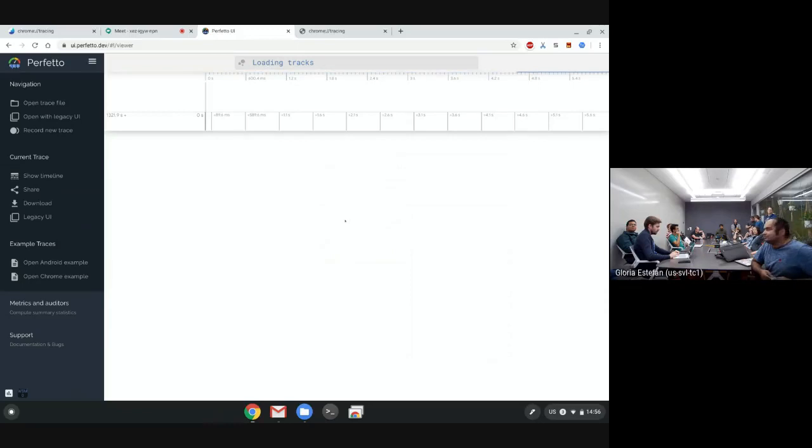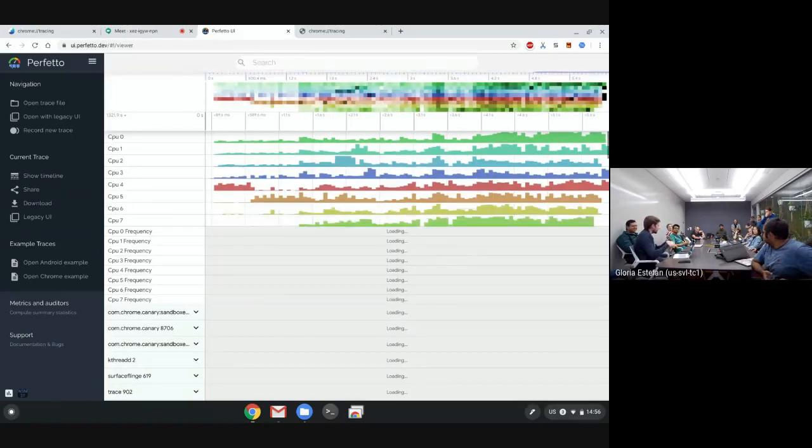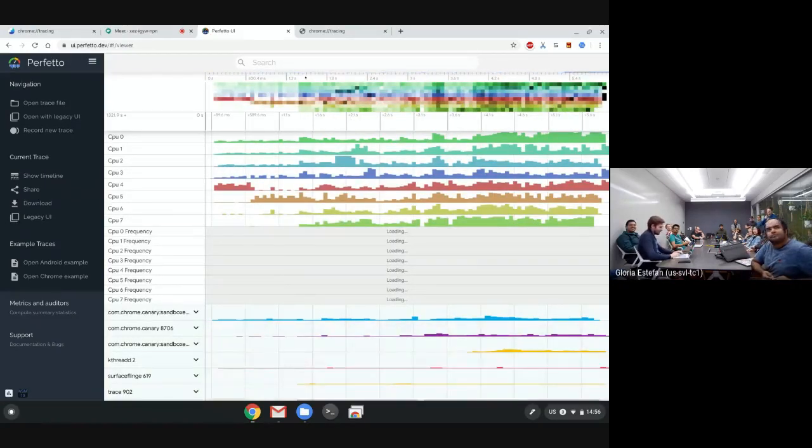Is it always this slow on your Chromebook? It's been a regression. Yeah, I was about to say, it's not this slow on my laptop. It's also a Chromebook, right? Still,